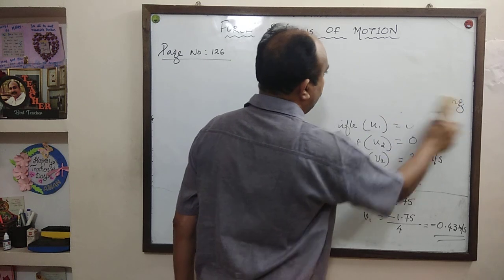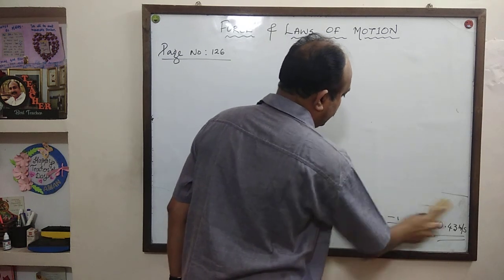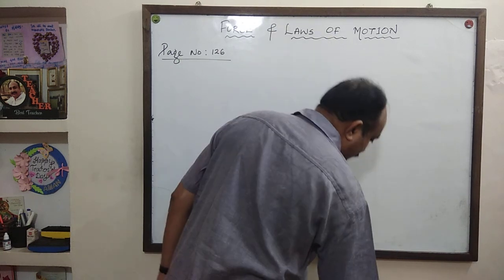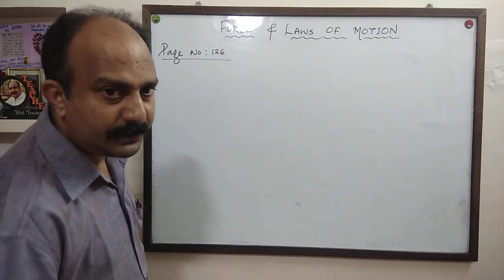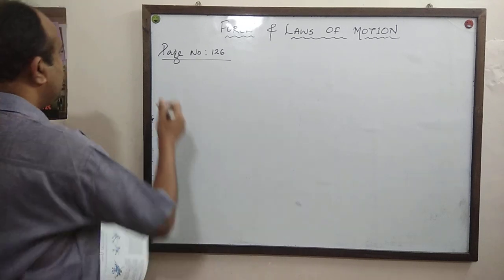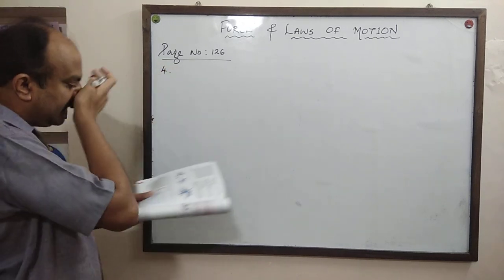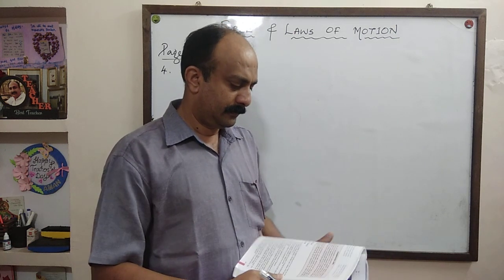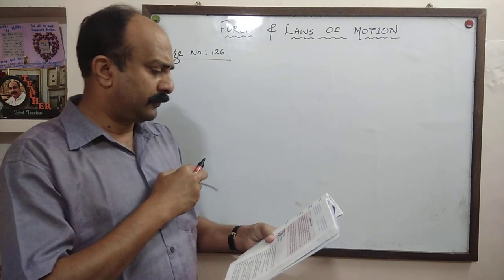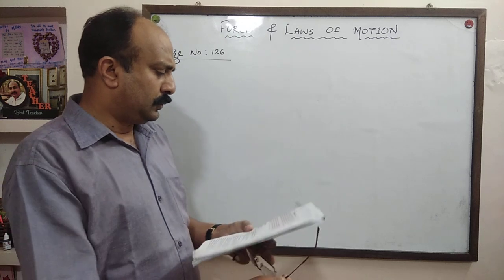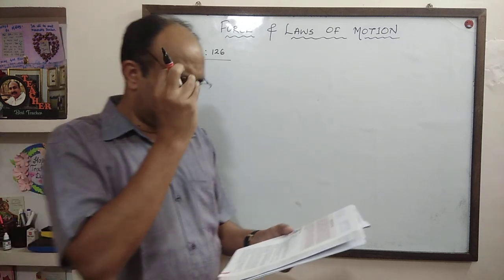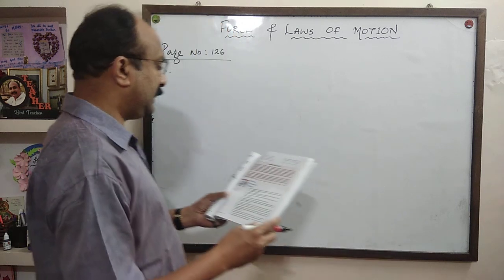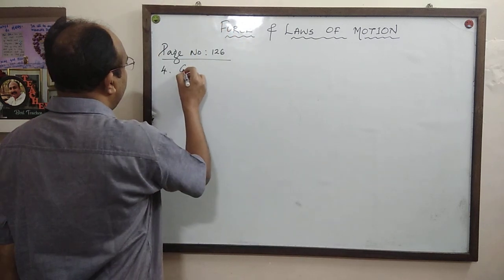Now question number 4. Question number 4 is also a numerical related to the same concept, the law of conservation of momentum. And I will read question number 4. Question number 4 is, two objects of masses 100 gram and 200 gram. Let me continue. So given